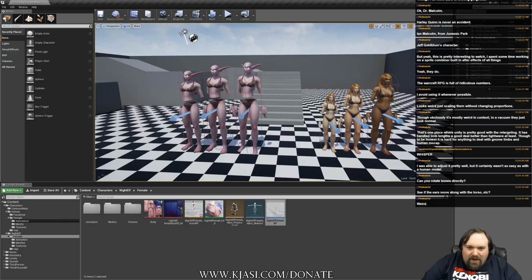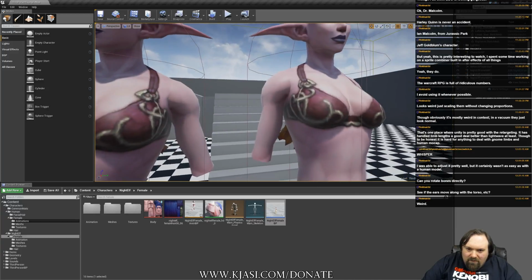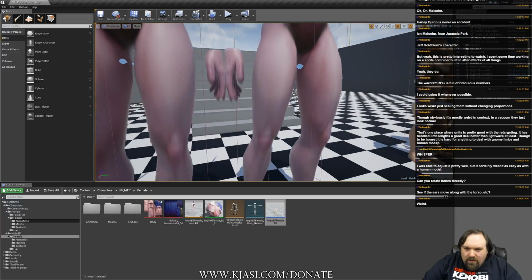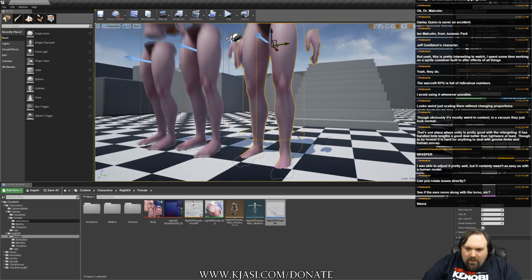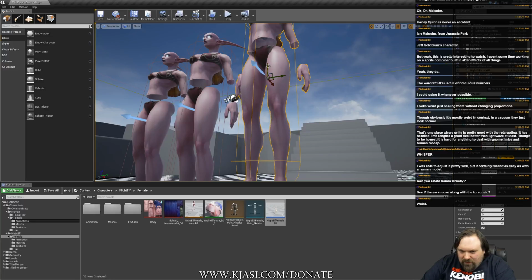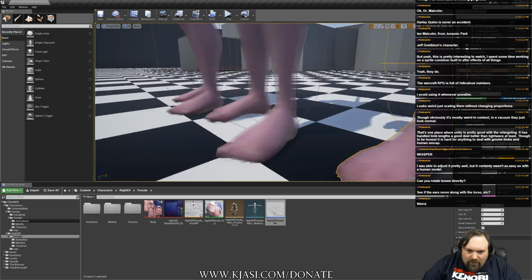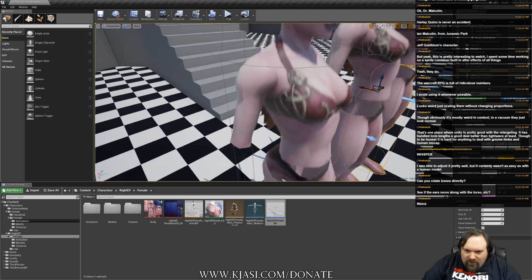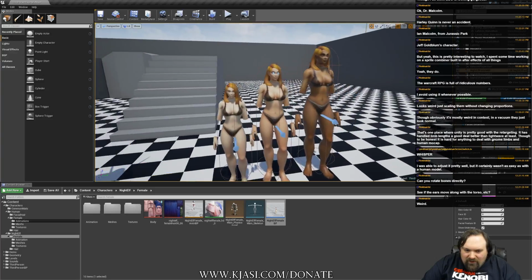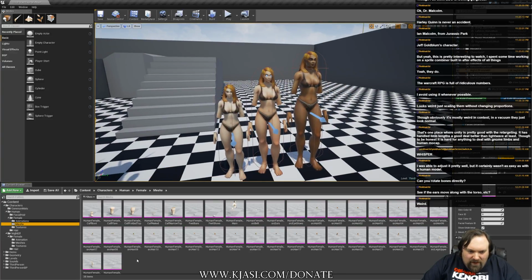Oh, I forgot to look. How does our normals look? Yeah, they look better. I thought she didn't look tall enough. Actually, our normals look perfect. I think the shoulder just doesn't have good textures. So that means that the problems with the human females...